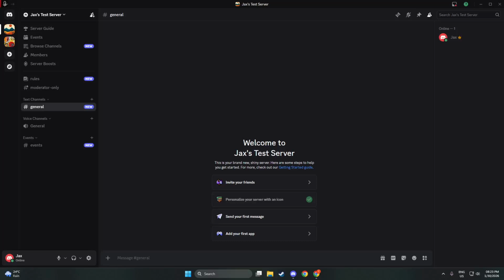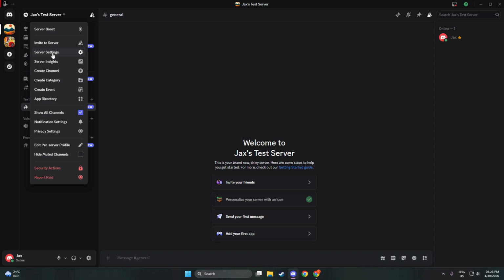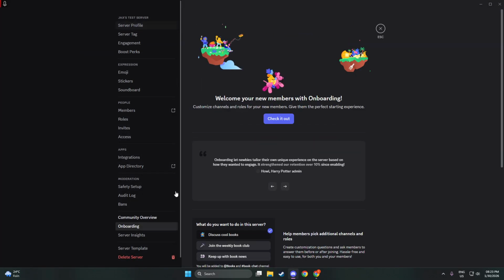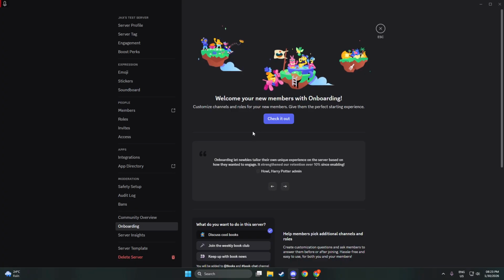In today's video, I'm going to teach you how to set up Discord onboarding. We'll start in the desktop app because the full setup isn't available on mobile yet. Open your server, click the server name in the top left, choose Server Settings, and then select Onboarding. If you don't see the option, make sure your app is updated and you have the right permissions to manage